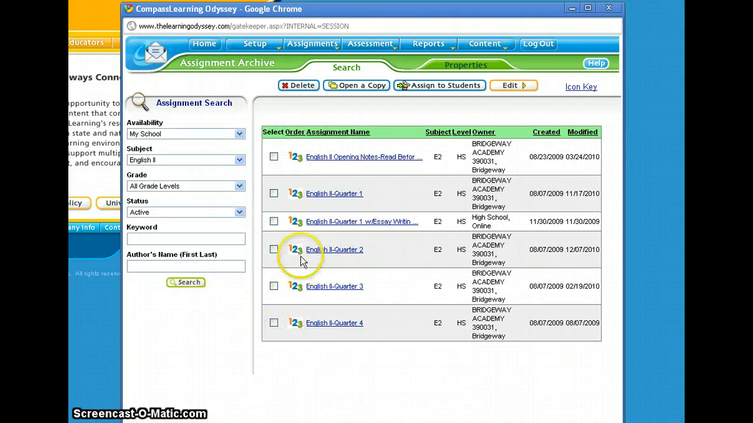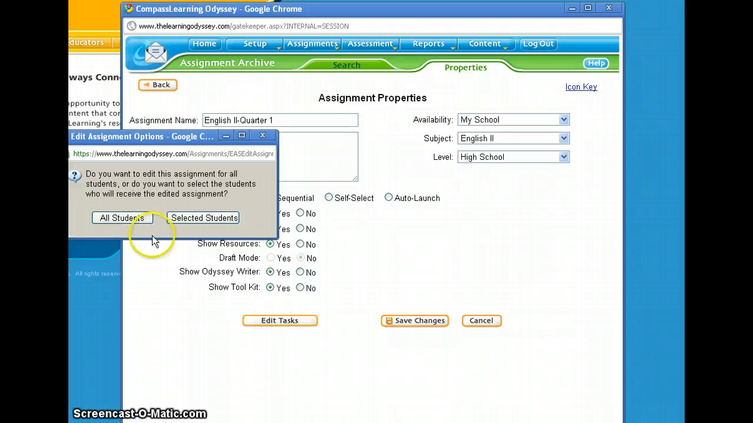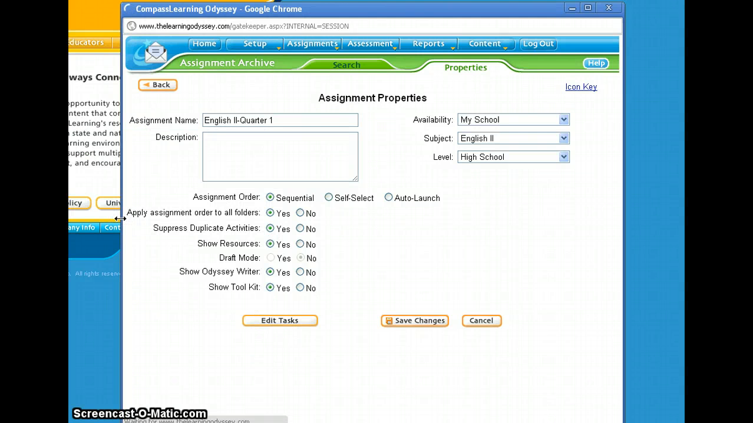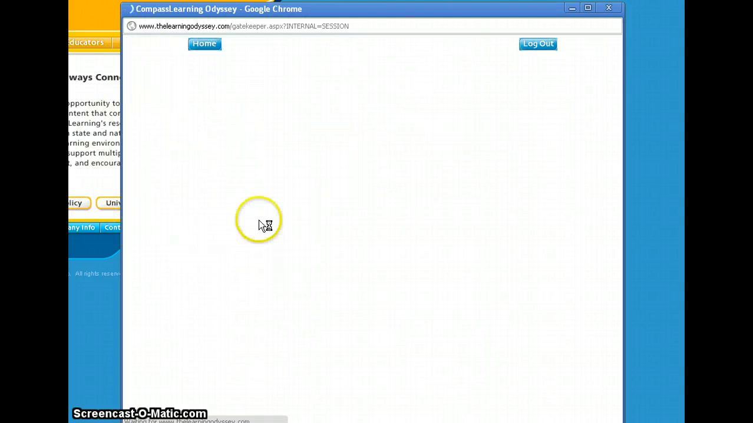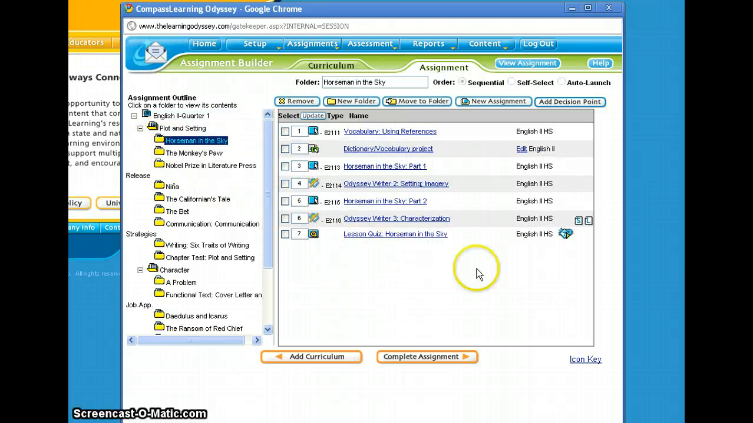So I'm going to go ahead and open up in edit mode this English 2 assignment so I can show you the decision points. I'm going to edit the task for all students. Now I would of course want to be very careful about doing something like this, knowing that I've got many students working on this assignment. But in here you can see that if I go into a chapter, you'll see this